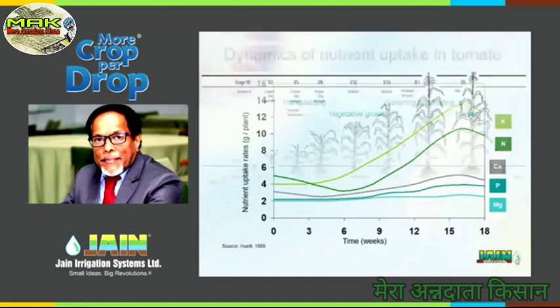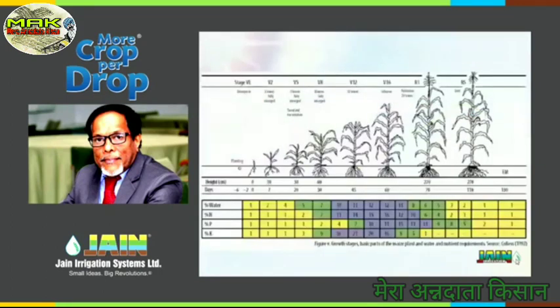Now, this is a wonderful study. It is one of the rarest, and I spent a lot of time locating such a study. Here you will see the maize growth from seed planting to the final reproductive stage 5 when the cobs are formed. The days are given for each stage: VE is the emergence stage, V2 is the 2-leaf stage, V5 the 5-leaf stage, like that. Along with that, what is given is the number of days to each stage: 7 days, 20 days, 30 days, 45 days, finally 110 days, and beyond 110 days you are harvesting it.